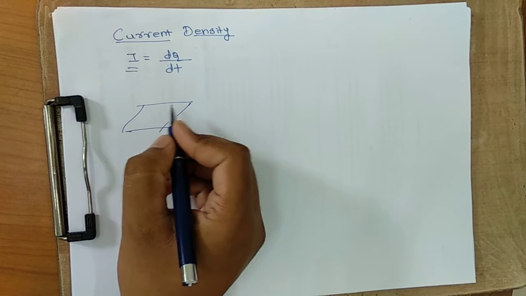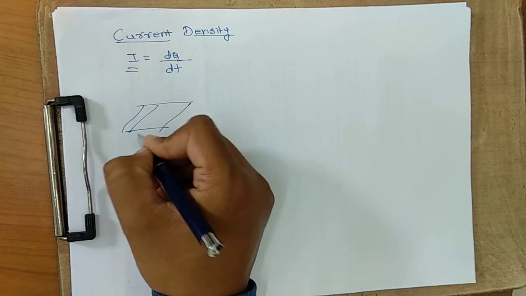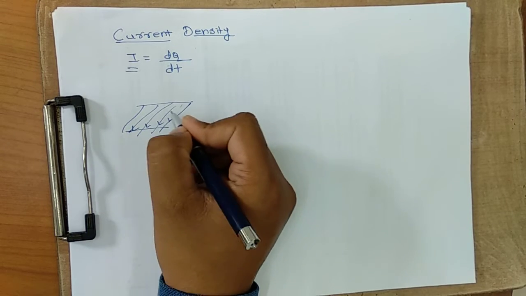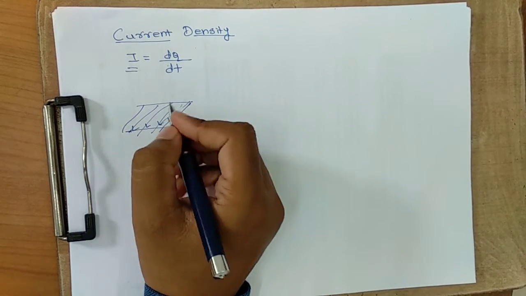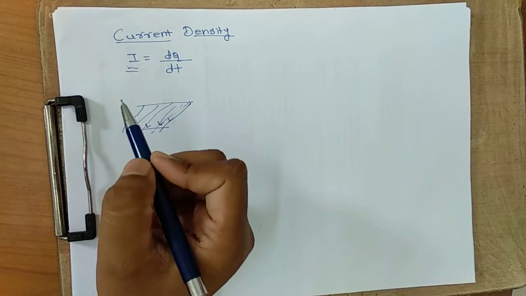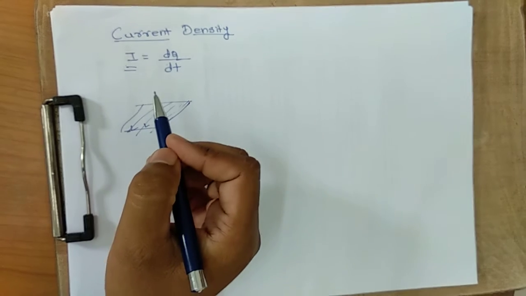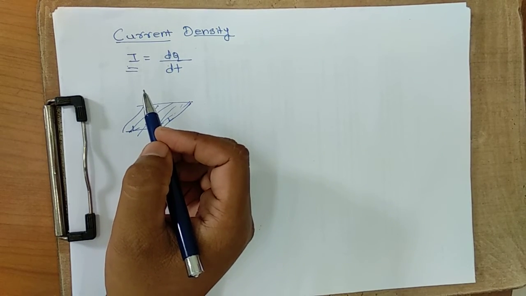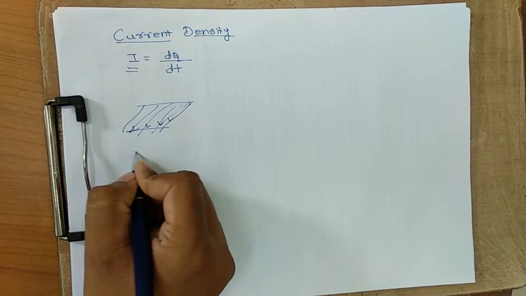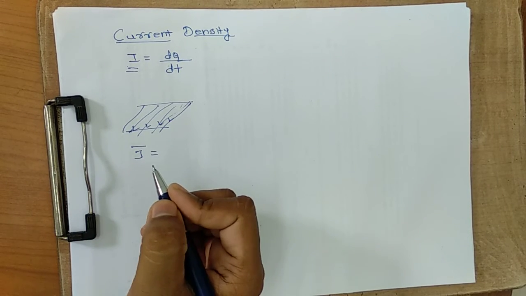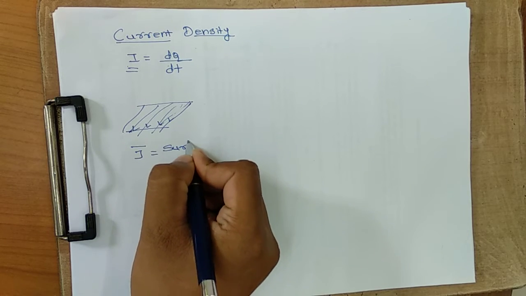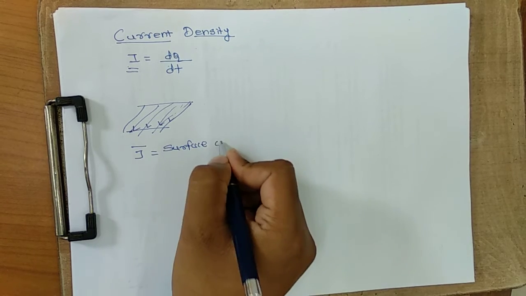Suppose this is the surface. In that surface, current will flow like this. So this is a surface current. How do we represent this current? We can't represent it only by the current I, because we are dealing with a vector quantity, and for a vector quantity you also require a direction. So for that purpose we represent it by J bar. J bar is the surface current density.